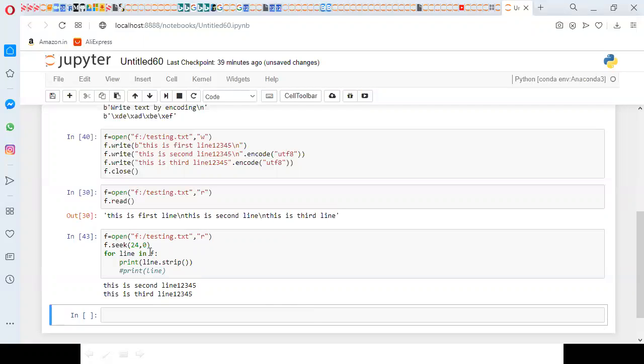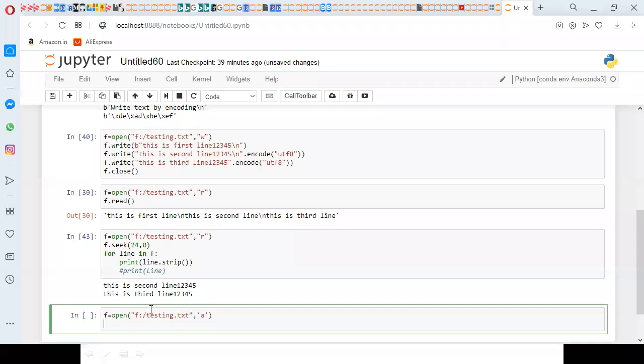For example, now I'm reading the content. If I want to write the content, similarly you can do it. So now f = open, f:/testing.txt. I'm going to append, so go with that mode. Simply f.seek(24, 0).